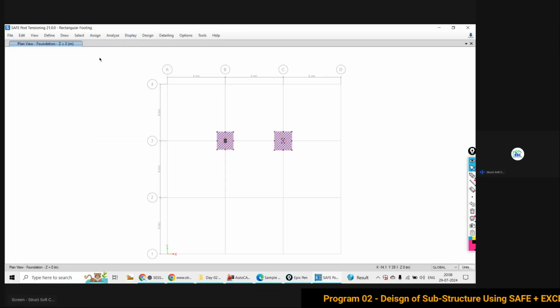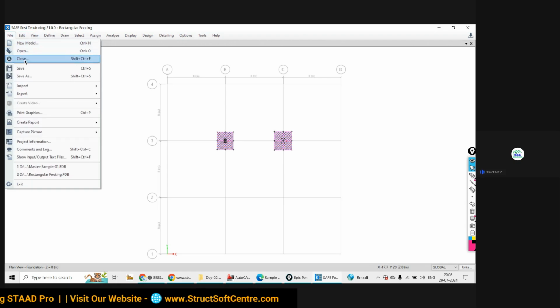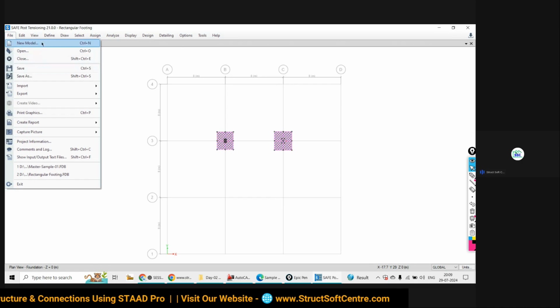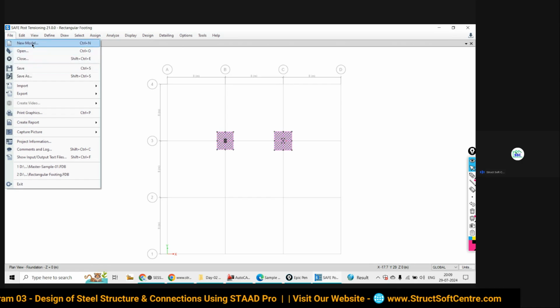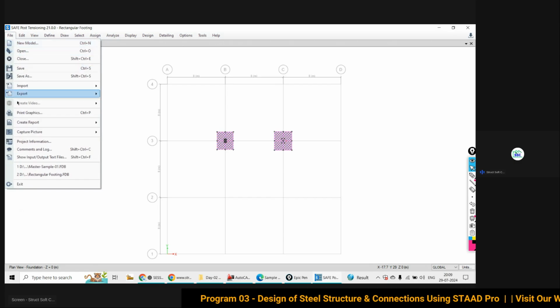Yes, so here it is. Go to file, here the option new model, then open, then close. All these important operations you will find in this SAFE.